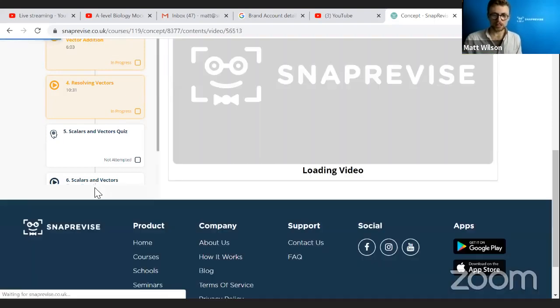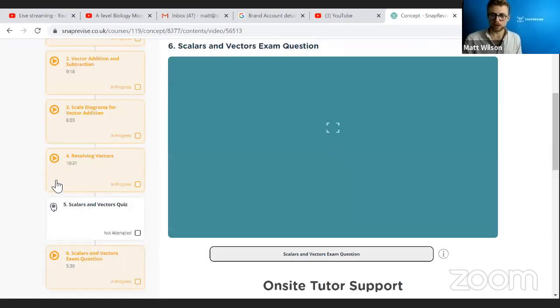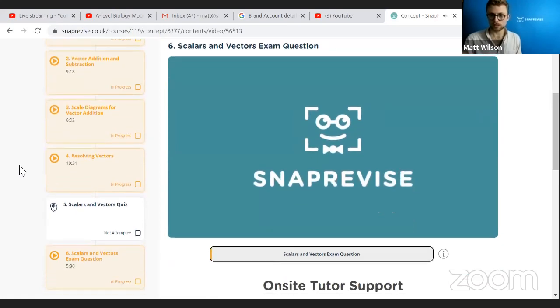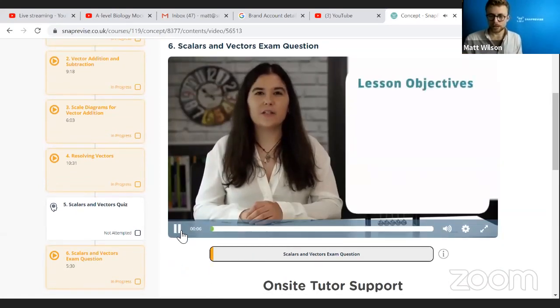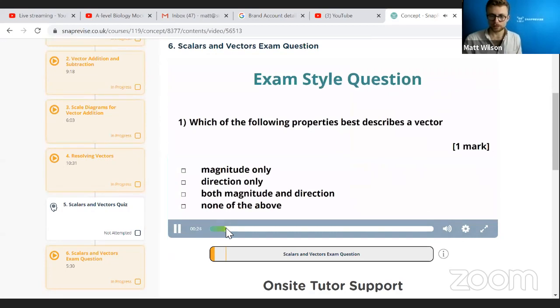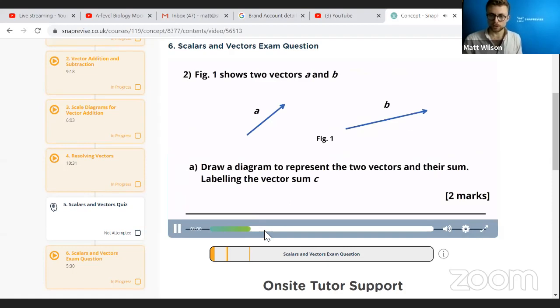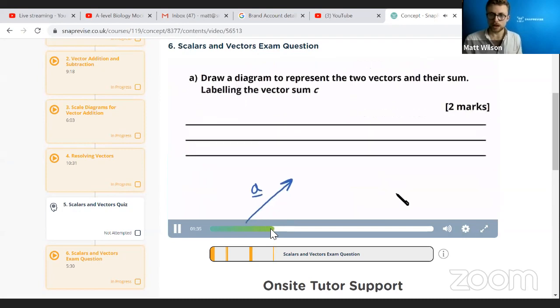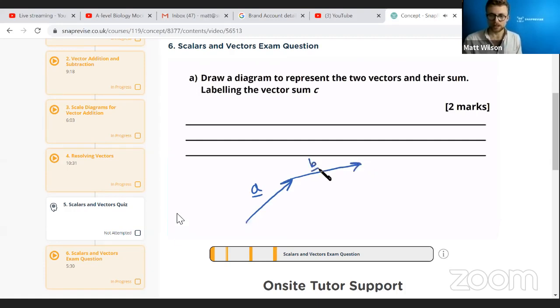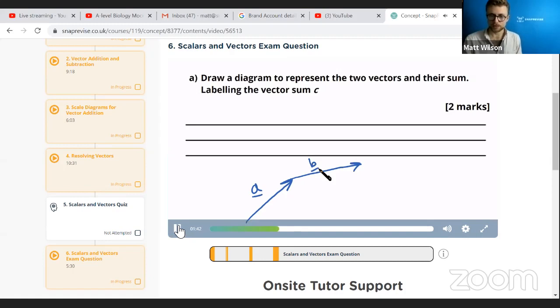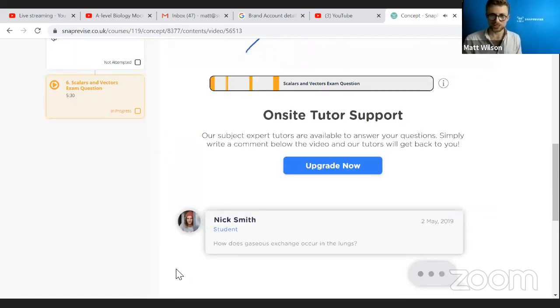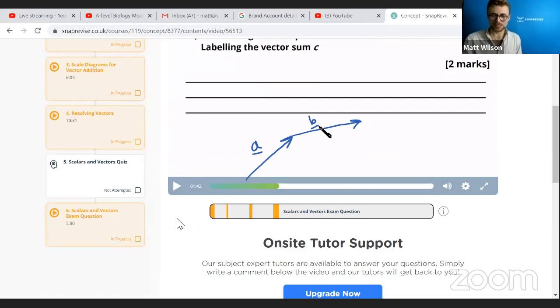So finally, you get to really test your knowledge by looking at some scalars and vectors exam questions. So again, you can take a look at these questions. Let's just scroll through. Yeah, so here are some exam style questions. All the sorts of things you'd be asked in an exam, the real way to test how you're doing. And you can have a go at each question on your own first. So pause the video, have a crack, and then hit play and see if you agree with our physics expert. I'm sure if you've watched our videos and you've gone through the quiz, then you'll have a really good chance